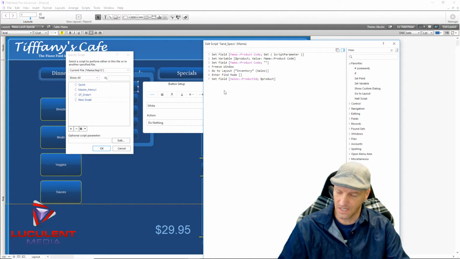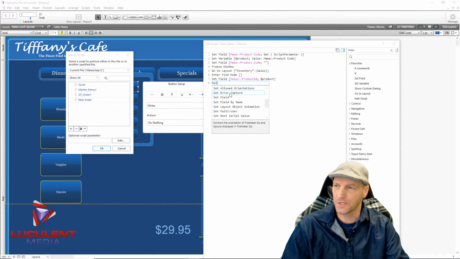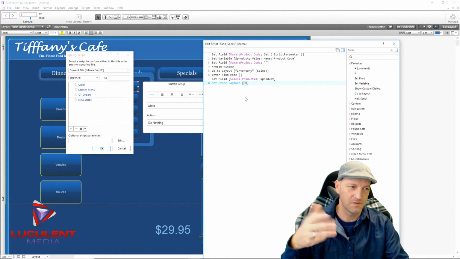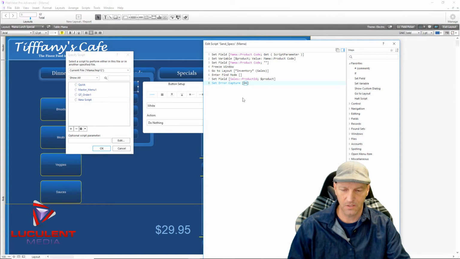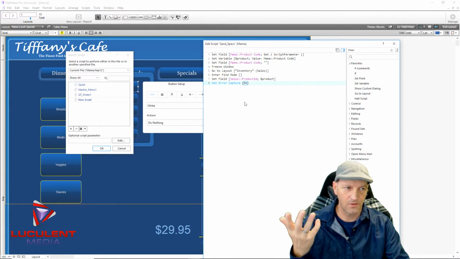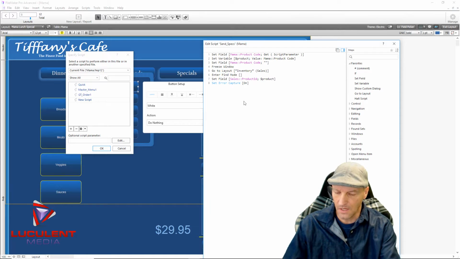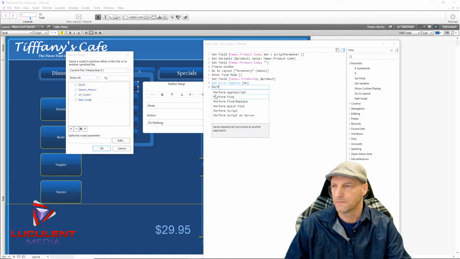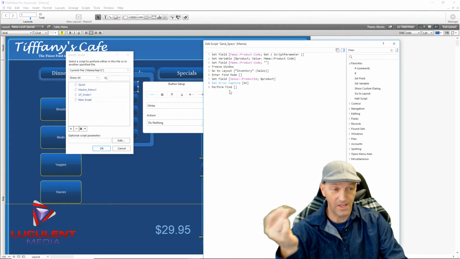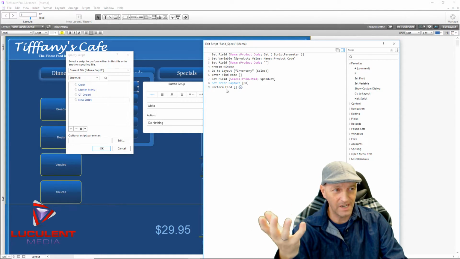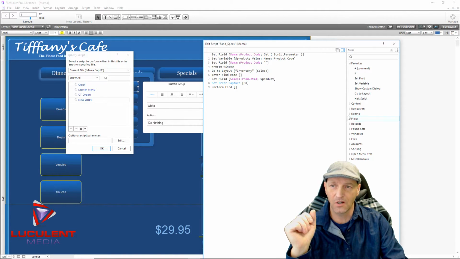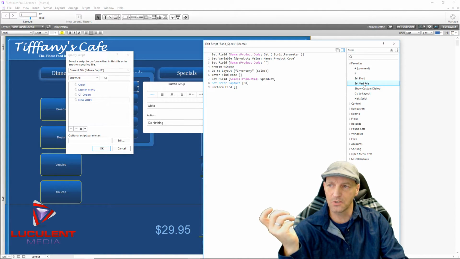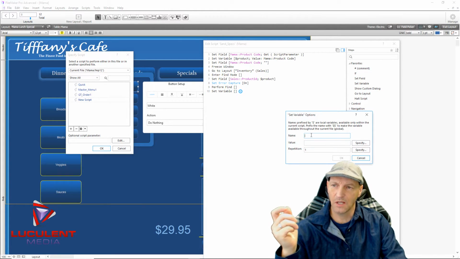And then we need to set the error capture on, just because we want to make sure that we don't stall the script. The script will continue whether it finds something or not. And then we'll perform the find. Now that we are there, we're at the product, and we now know what it is, we need to set some variables. And those variables, first and foremost, are going to be like